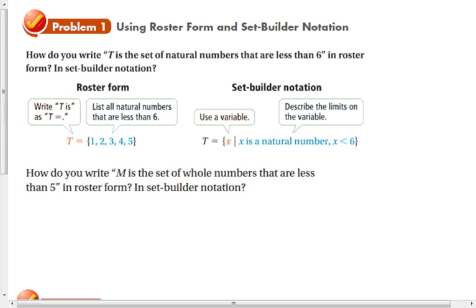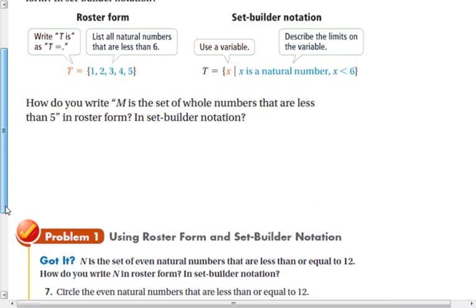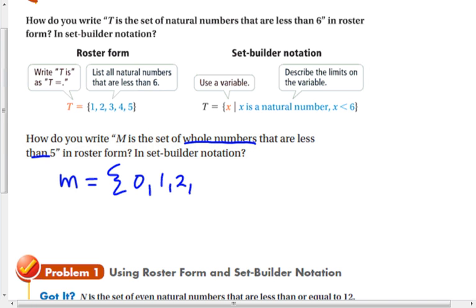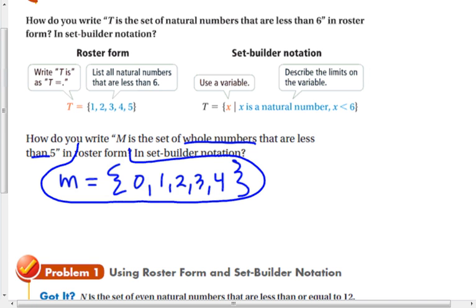How do you write M as a set of whole numbers that are less than 5 in roster form and in set builder notation? In roster form, all we're going to do is list all whole numbers that are less than 5. Whole numbers start at 0. So these are all the ones less than 5, and that is roster form. In set builder,